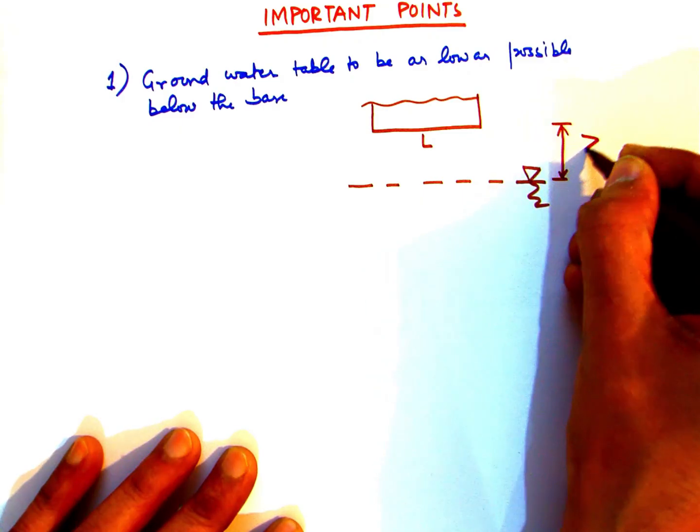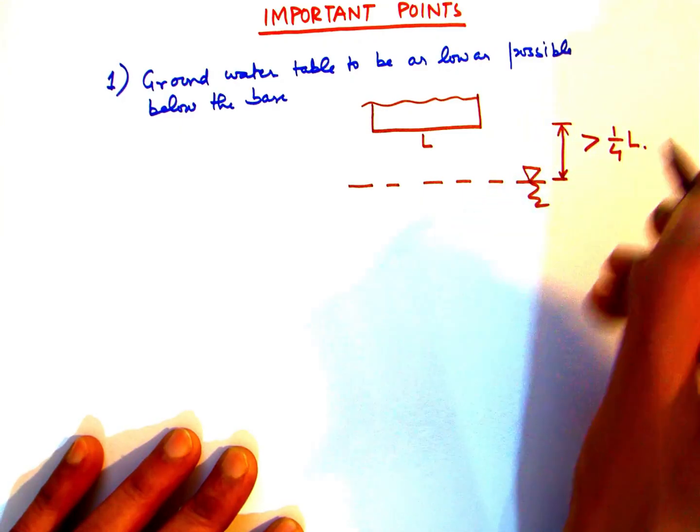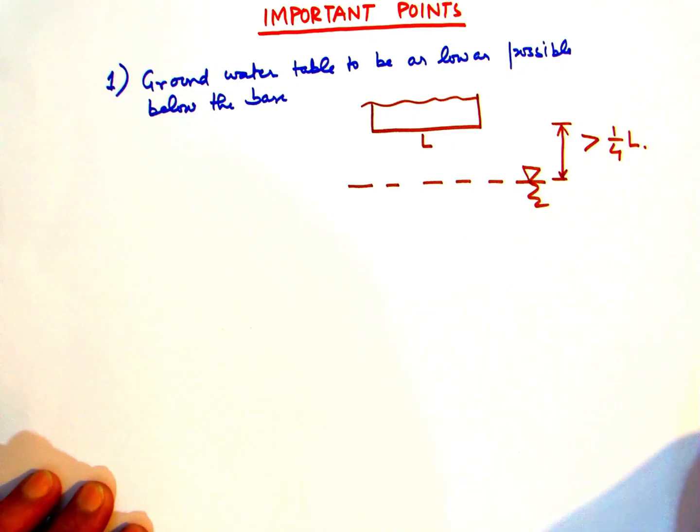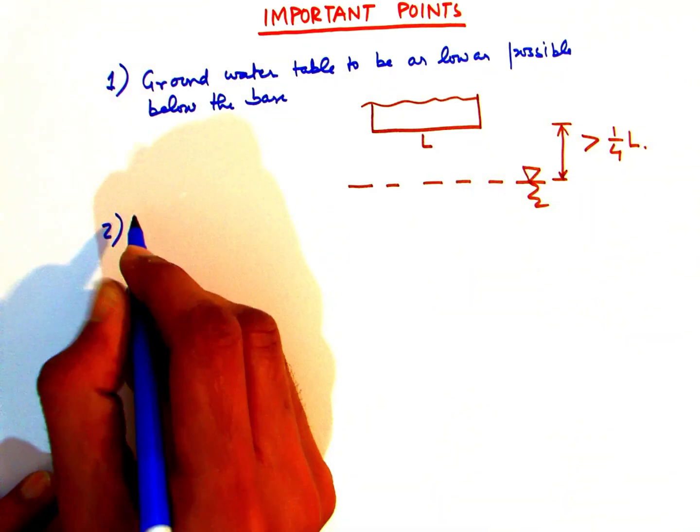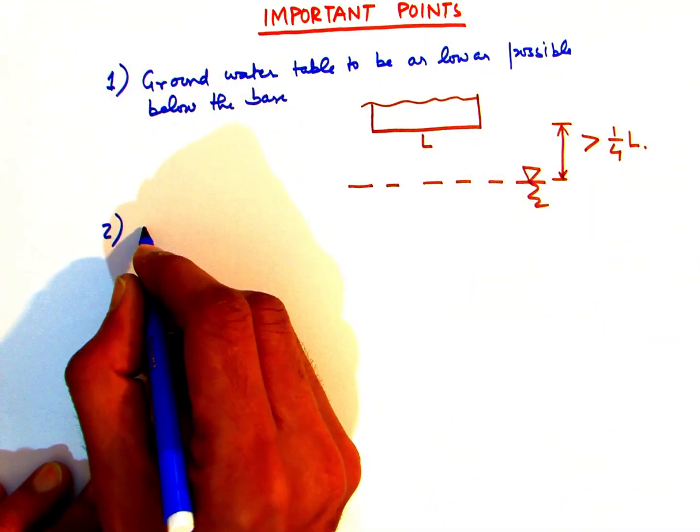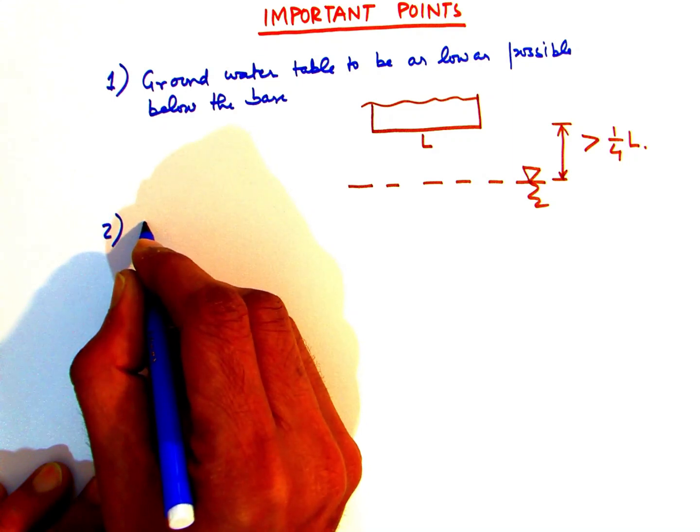The acceptable guideline is that the distance between the bottom of the foundation block and the water table should be at least 1/4 of the length of